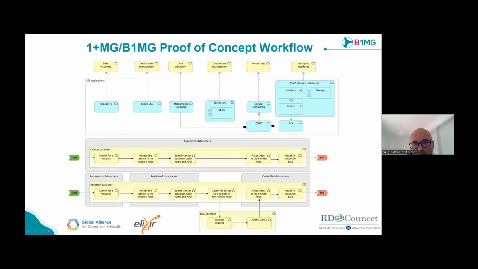we have been working on several standards or implementing several standards, such as Beacon, the Elixir authorization and authentication infrastructure, Matchmaker Exchange, the GPAP, the federated EGA, together with APIs such as htsget for data visualization. So you can see that all this comes into play in a very complex network in which we have different access levels to the data. By the way, if you want to know more about this, I think there is a nice video on YouTube about this, and you can just search there, and you will surely find it.